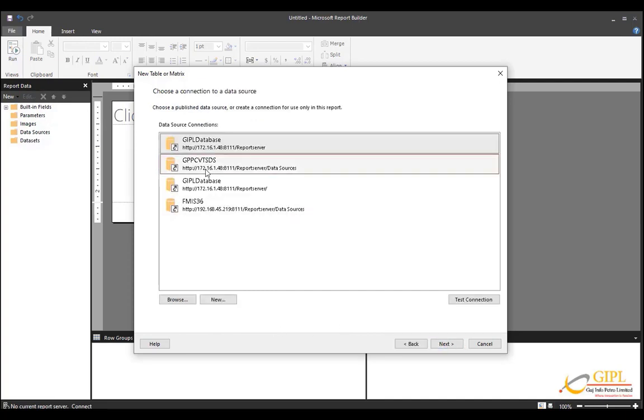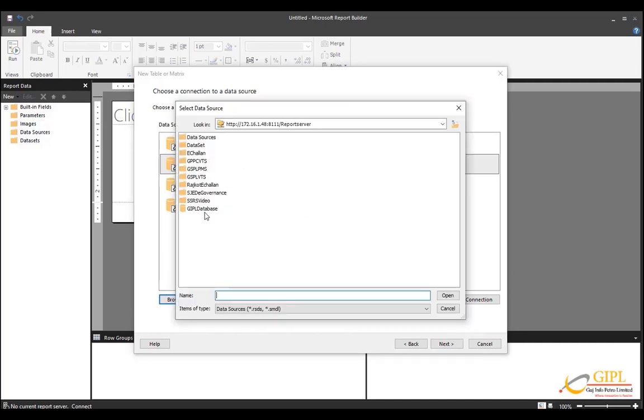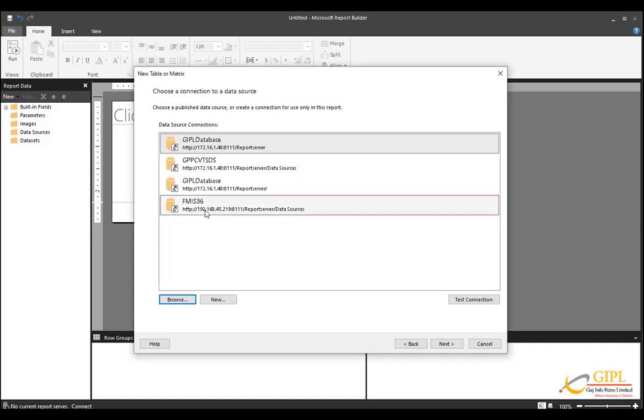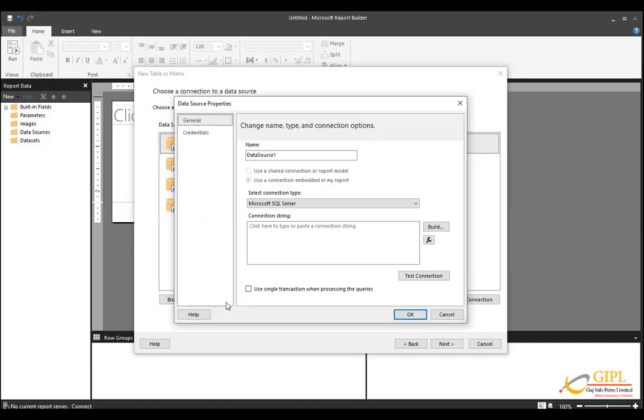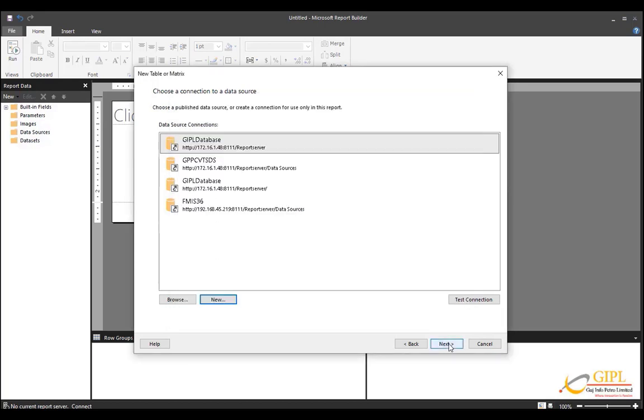Select set data source of GIPL database or select browse button to select created set data source, or click on new button to create embedded data source as per our last SSRS tutorial video. Then click on next.